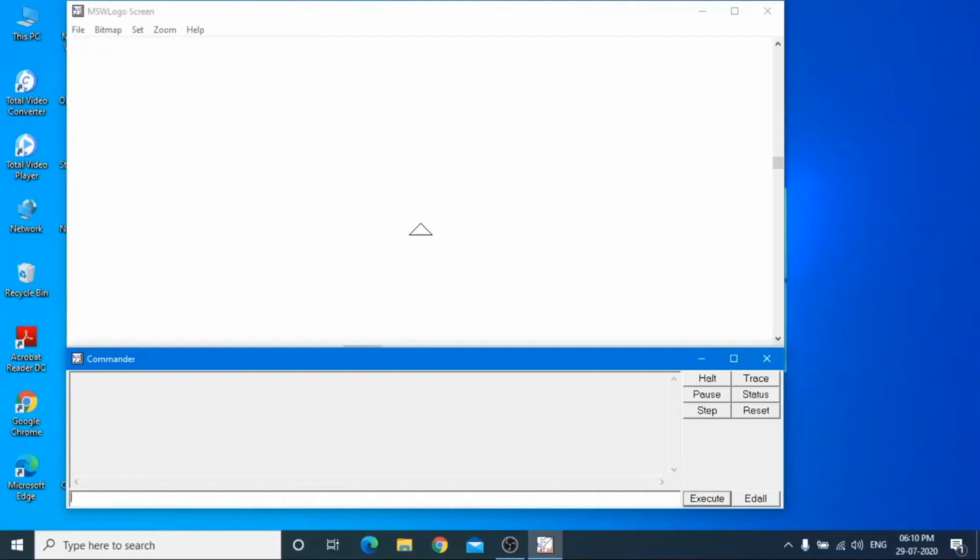So for that, write repeat 5, then the opening square bracket and the command: FD space, suppose 100, to move the turtle forward, and then RT space, how much angle are you going to take?